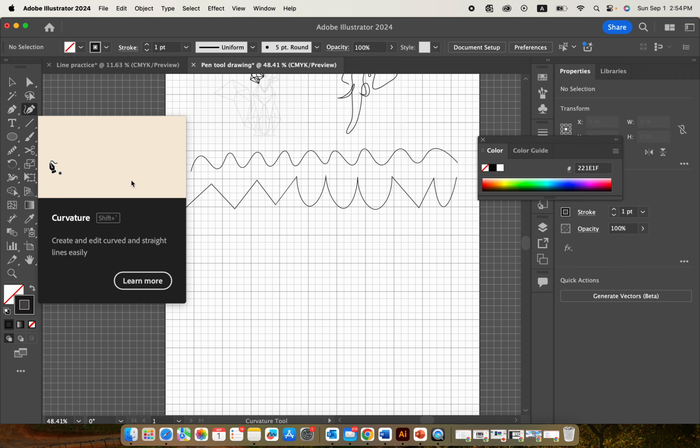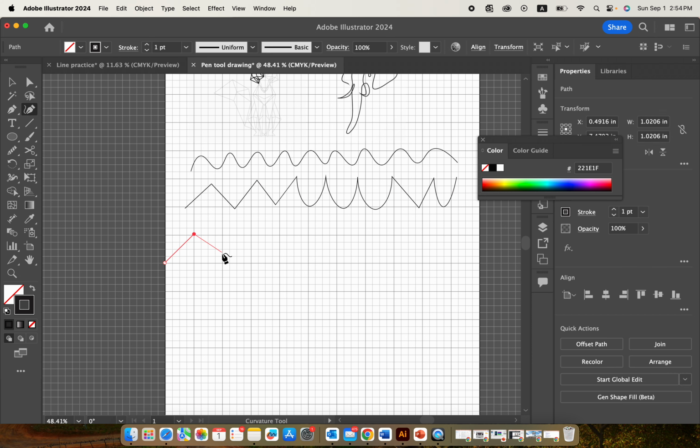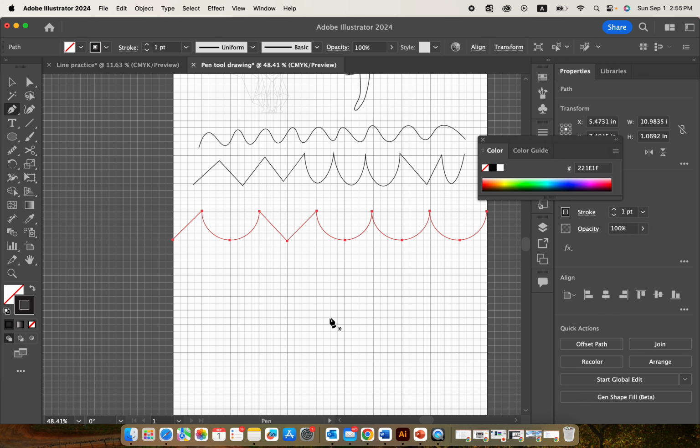So let's go back to the curvature tool. Let's do something fun. If you click, double click, click, you get a curve, double click, straight line, double click, straight line, and curve, double click. So you can play with that. If you double click, click, curve. Yeah, let's do that again. Click,